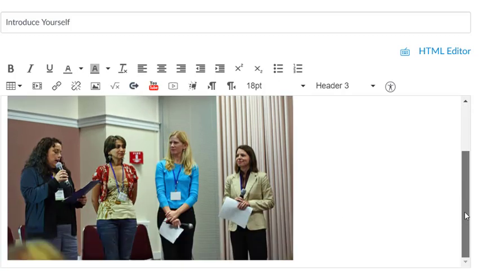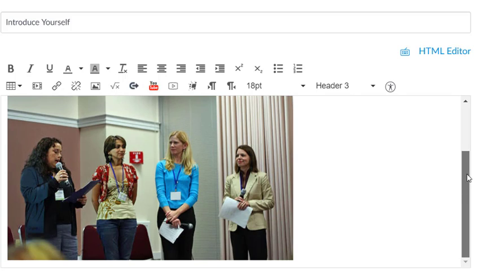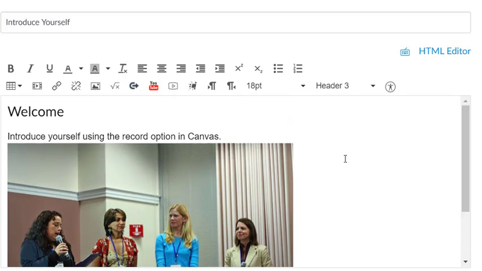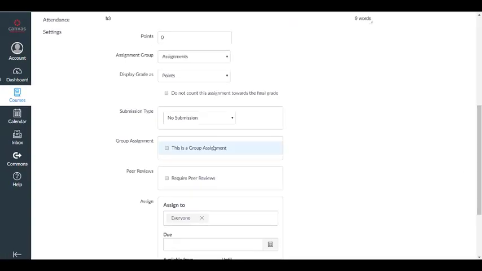All right, so that is how you create content within the assignment. And again, you have a lot of different options. You can link out to a URL. You can record, whoops, wrong one, record videos and upload those. There's a lot of different options you have. Of course, if I were using this for a class, there would be a lot more information in here as you would for your own classes. But for now, we're just going to skim through